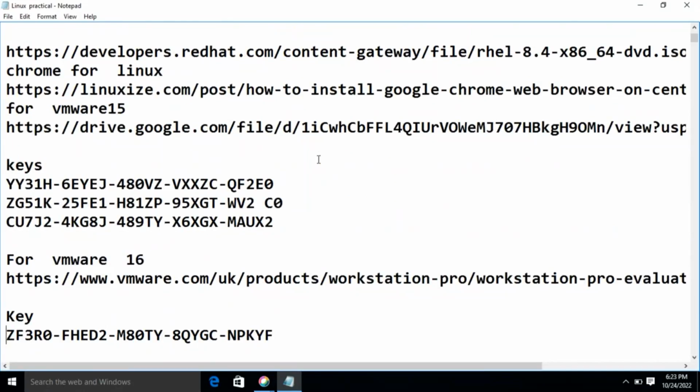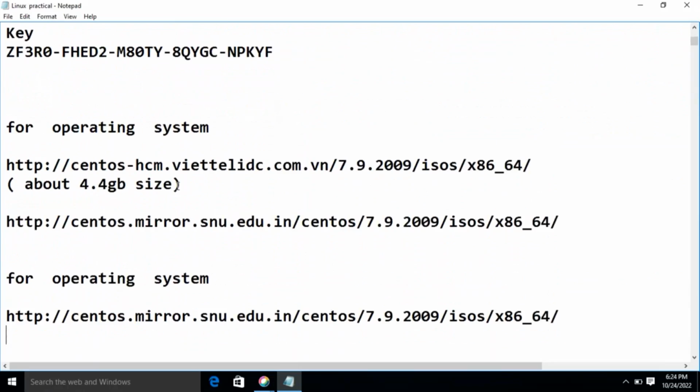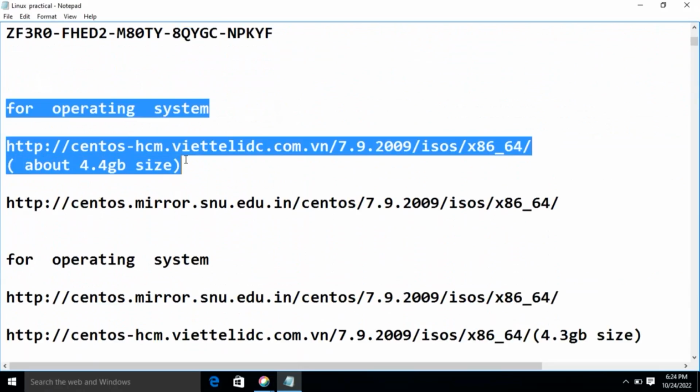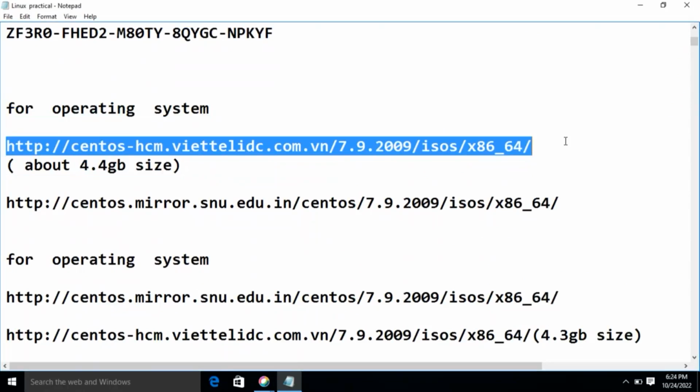So today I will give the link from where you have to download the equivalent of RHEL 7, which is CentOS 7. So I'm giving you the link for this operating system. Please copy this link and paste it in the URL and start downloading. Oh, sorry, don't copy this. You just need to copy the link like I'm showing you. This link you copy,